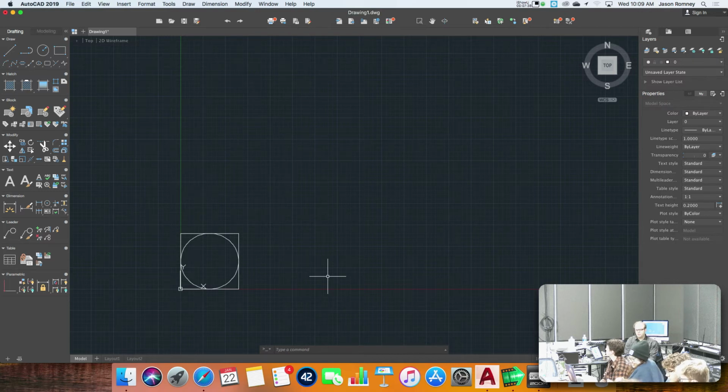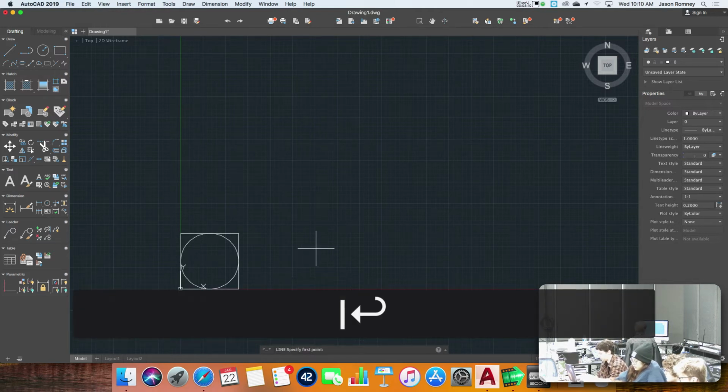Okay, now what if I wanted to draw a triangle inside of this as well? There is no triangle tool. There is a polygon tool, but I'm not going to teach that to you yet. We could do this with the line tool. What I mean by triangle is something that starts at this bottom left corner, goes up to the middle point in the top, and then back down to the bottom. So we'll do that with line. Type line, or just L for line. First point is going to be 0, 0. Second point is going to be